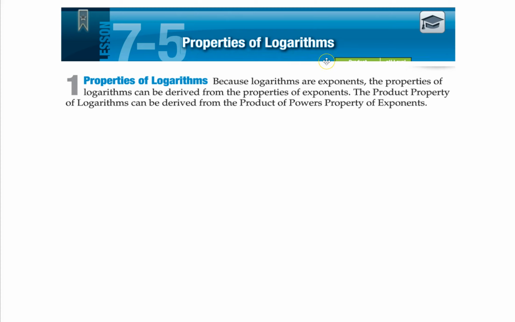7.5 Properties of logarithms. The goal of this lesson is to understand the properties of logarithms and use them to solve log equations. It's kind of a combination of the last lesson and new stuff. So let's go over some of the log properties, some of the famous ones. First up,